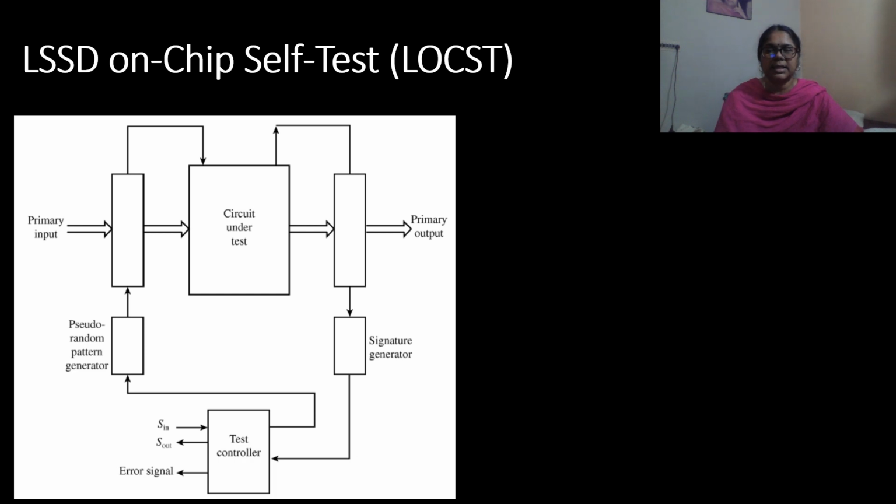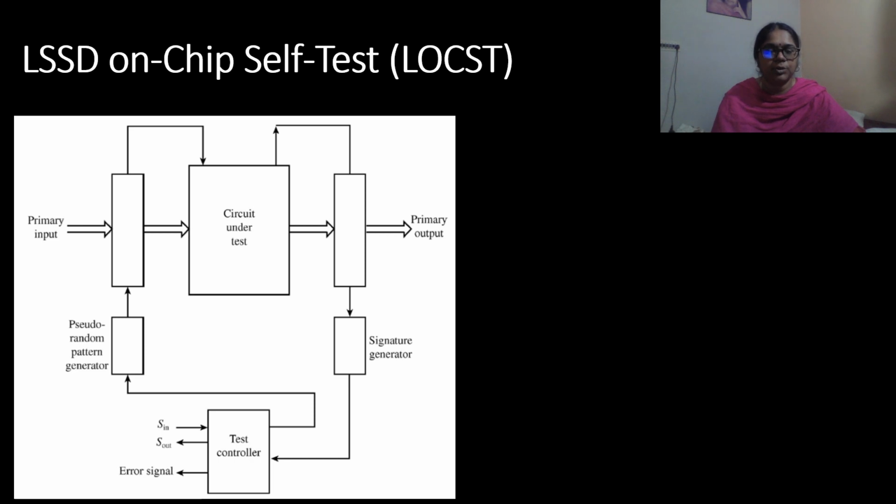It is tedious to test all the chips because the time taken would be more, and it is expensive also because all the test patterns need to be generated and given to the circuits under test, so that any faults, if present, would be detected.